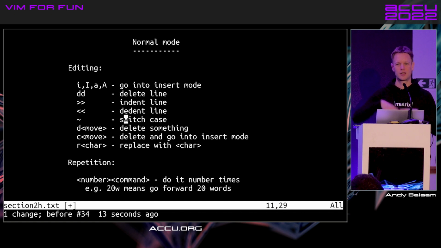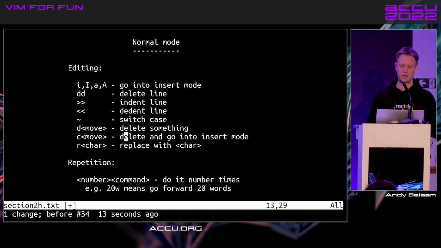If you select some stuff in visual mode and then press D, that feels much easier to remember than, oh, I have to do DW or D capital E or whatever I need to delete the specific stuff I need. So you'll get there though, because once D is in your head and the movement stuff's in your head, you'll be aware you can combine them. So the other thing you can do